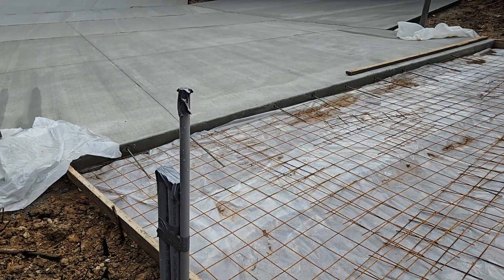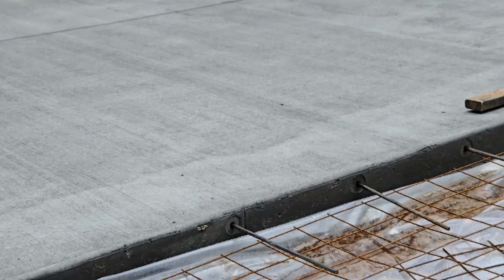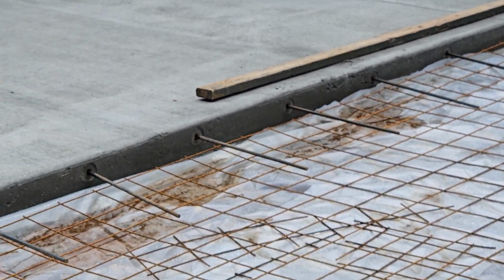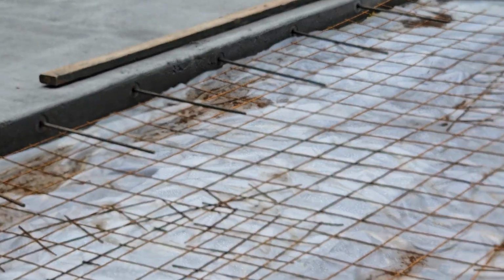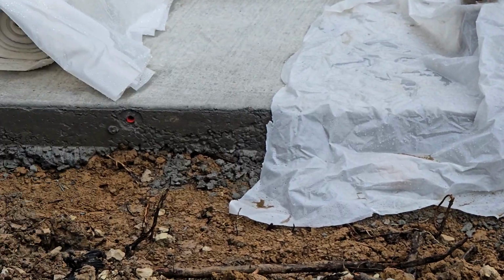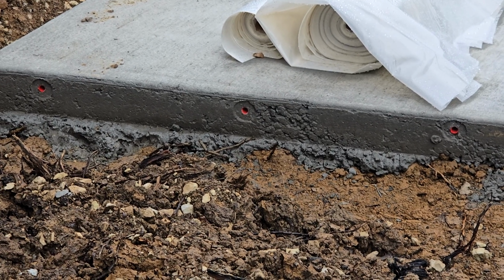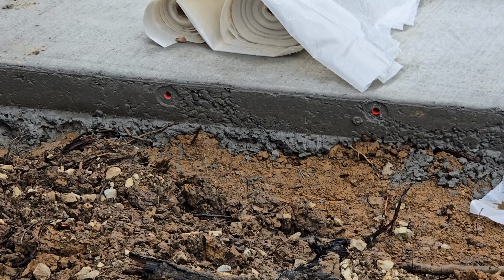Also, I wanted to share with you what they're doing with this rebar here. They're tying these up to get these sections together. See that this rebar is sticking out from this pad, let's see if I can get my finger in here, so when the next pour comes in here, it'll butt right up in there and they'll tie the two together. But you'll see right in here where they left the openings. This is where we'll stick the rebar into it. But I don't know if I like that a whole lot because,